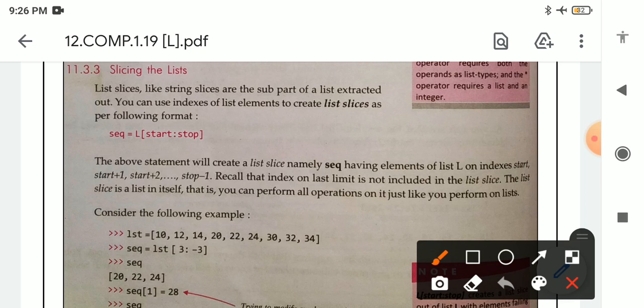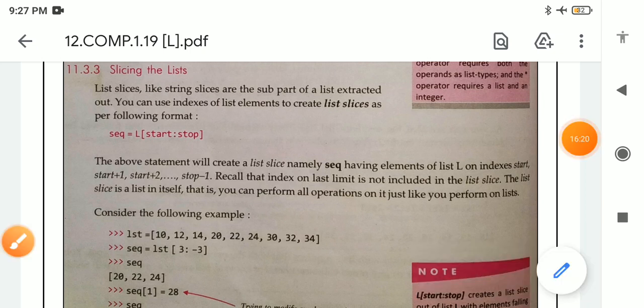That particular list will contain some elements, and from those elements according to the index number we will take out the elements. The above statement will create a list slice, namely seq, having elements of list L on index start, start+1, start+2, up to stop-1.